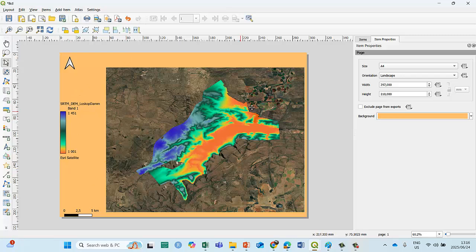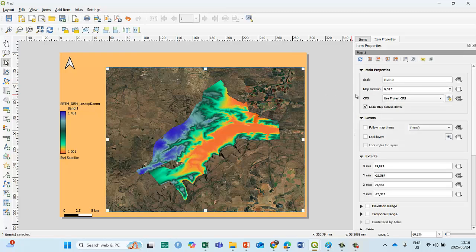Okay. So what I next want to do is put grids in here with my reference system. So I left click on the map, and it will give me all sorts of things related to the map. Now the main properties, the scale, the map, the CRS, I leave as is. Don't change anything. I'm happy with it as it is. What you can do is change the size of this image inside the map by using the scale here. So for example, let's quickly, I just want to copy that number. Okay, so let's take that one away.